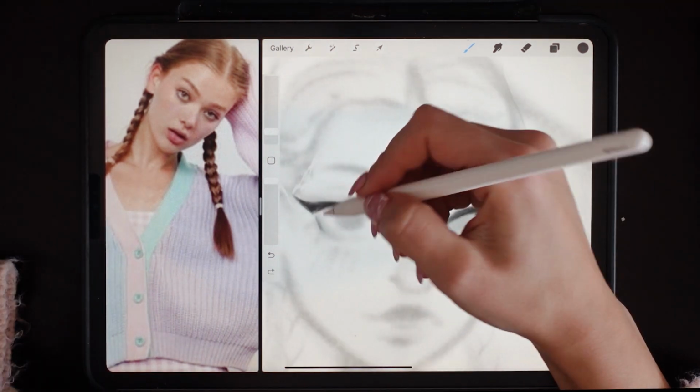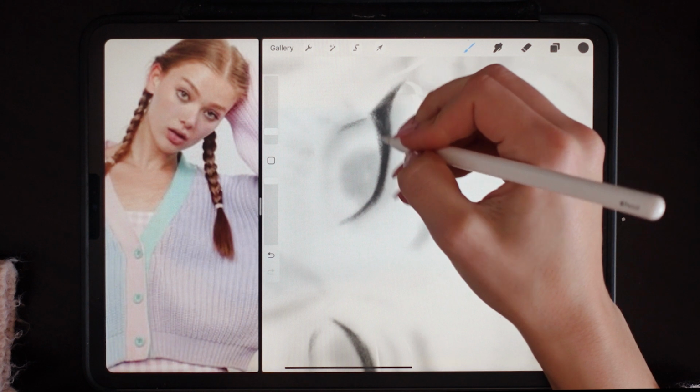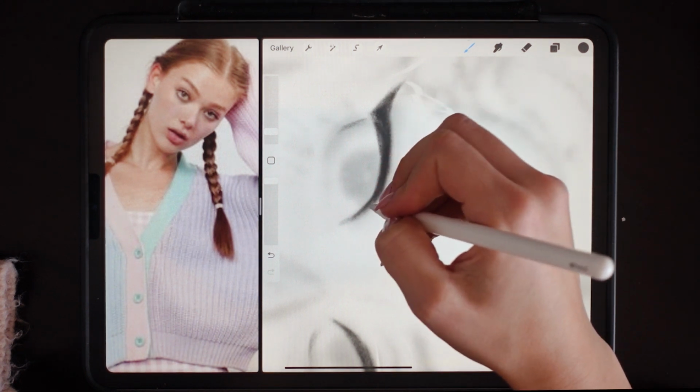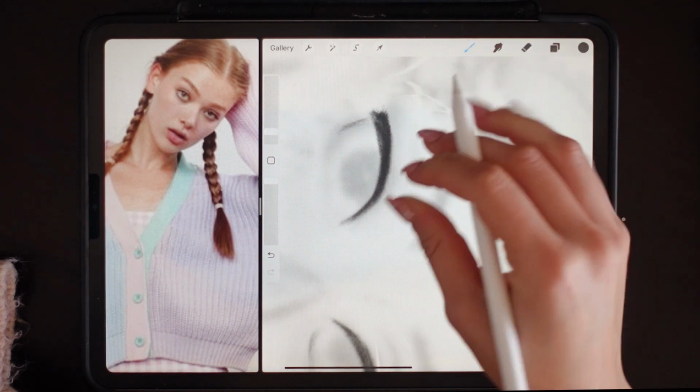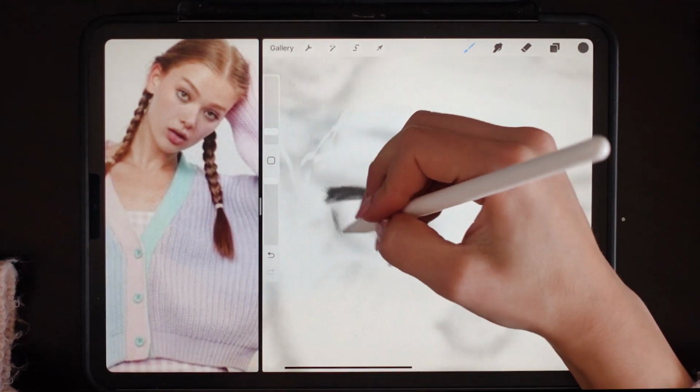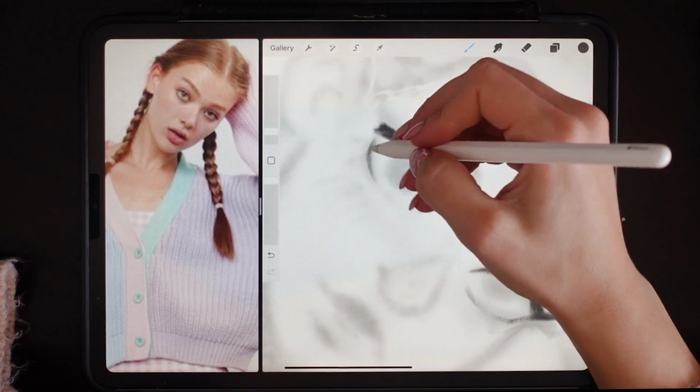One thing that I start realizing is that my eyes are weird, and I started doing another thing for the eyes. So I sketch the